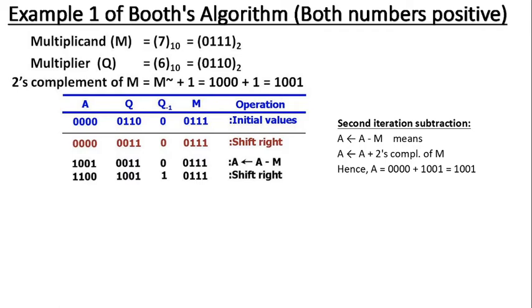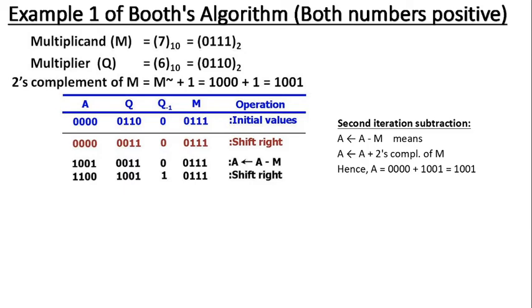This is also shown by using black color, just because this is the second iteration itself. It means subtraction followed by arithmetic shift right. That will be the second iteration, which is shown by black color. And once that shift right operation is over, the second iteration is over, and 2 more iterations are still to be carried out. Now what action is to be performed here during the third iteration?